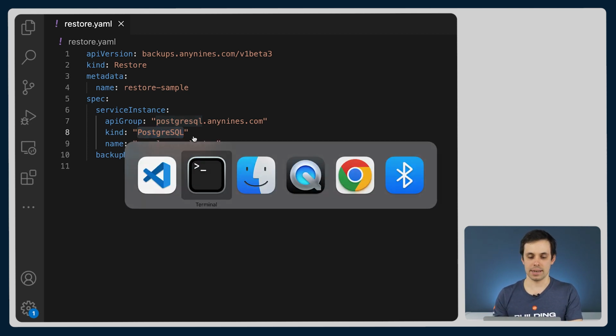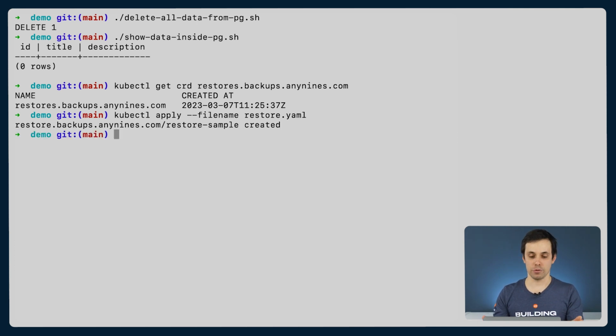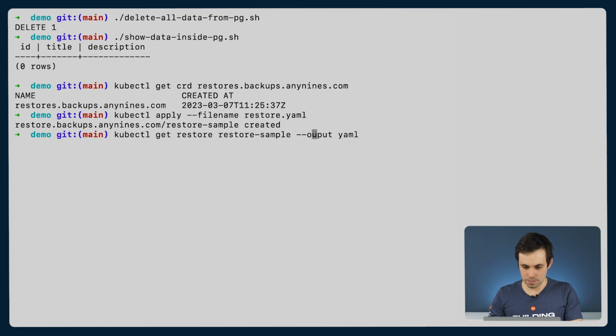So let's go ahead and actually apply this YAML manifest. kubectl apply file name restore.yaml. Okay, it went through. Now to monitor whether the restore is progressing, it has succeeded, it has failed, we can look at its status. kubectl get restore, restore sample was the name of our restore, output YAML,